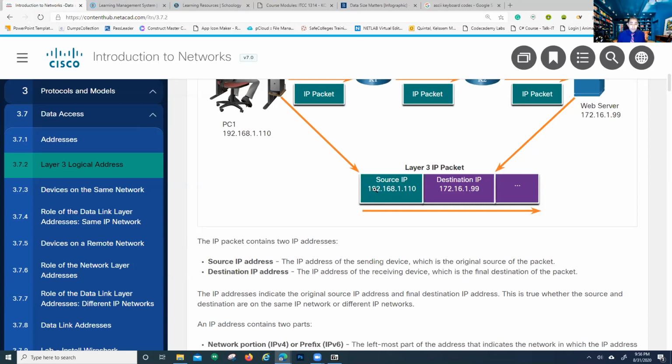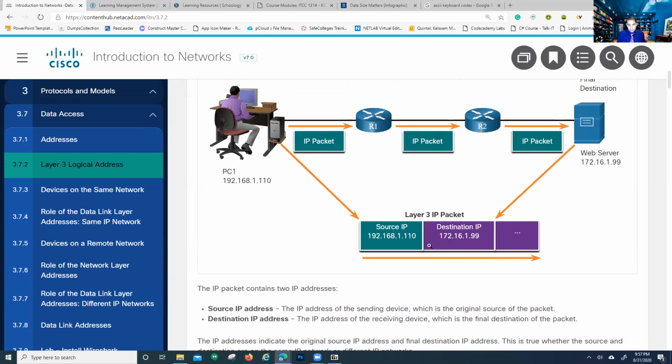all right? So for a class C, the first 3 octets on that IP address is the actual address for the network itself. And the last octet, denoted by the subnet mask with a 0, is going to be the actual individual address for the computer. As an example, you can have 2 computers that are part of the same network. If it's a class C network, the IP address for both computers is going to start at